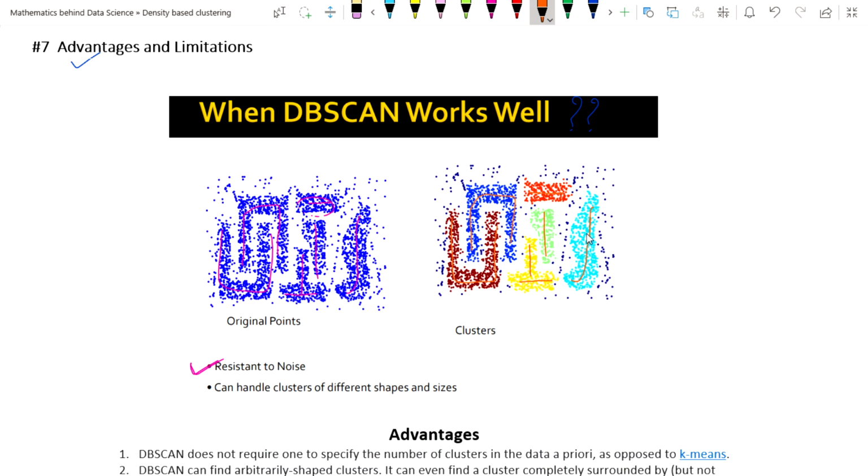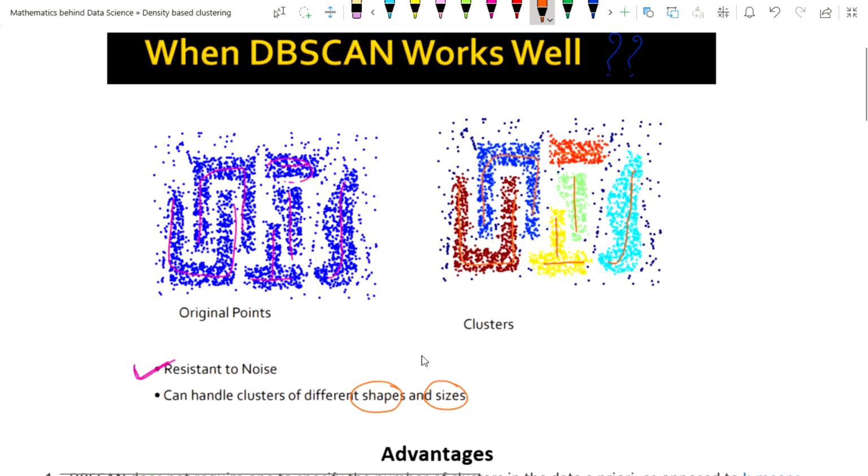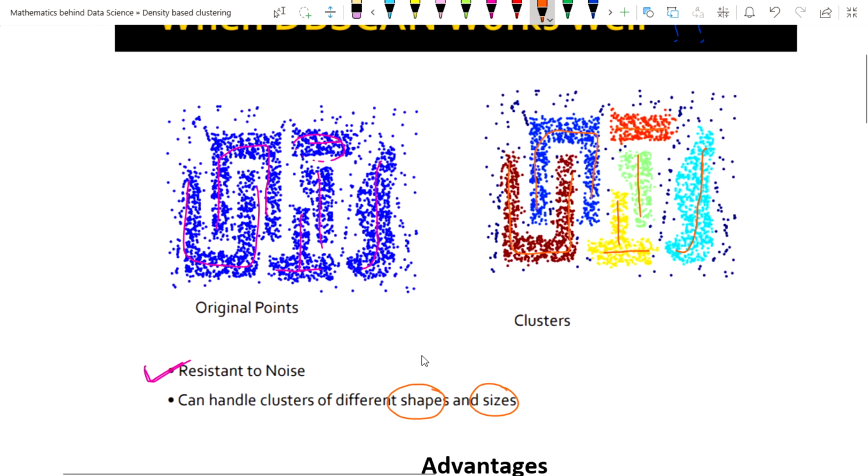It can handle clusters of different shapes as well as different sizes. You can see the different sizes and different shapes of clusters that it can easily handle, and it is also resistant to noise.